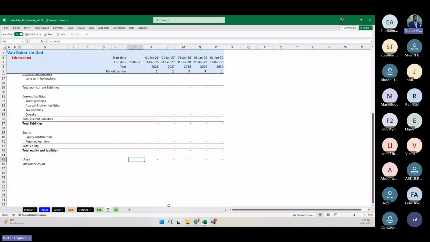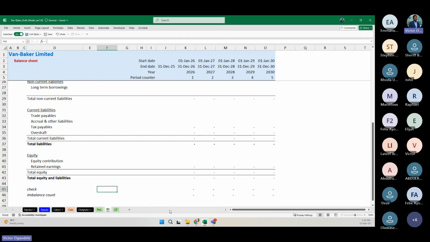So let me create something we call a master check. This master check is what we're going to link on each worksheet, so that we don't need to be coming here every time to look at our balance sheet. First thing I will do is sum this check difference in my balance sheet. I will sum it, and by the side I will type equal to IF this total sum check equals 0, then open my double quotes, model check